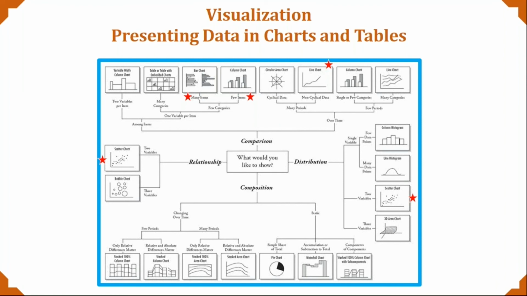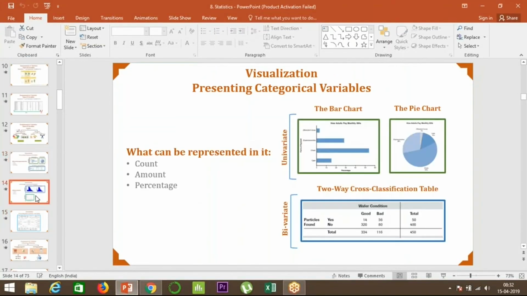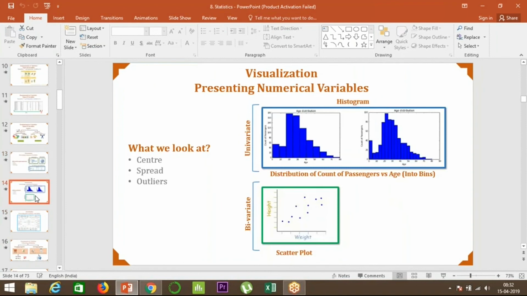These are the different charts you could work with. Now you know the difference between a line chart, a bar chart and a histogram. A bar chart is mainly used for categorical data, and a histogram is used for numerical data, where it separates all the numerical data into intervals. That is the difference between a bar chart and a histogram.